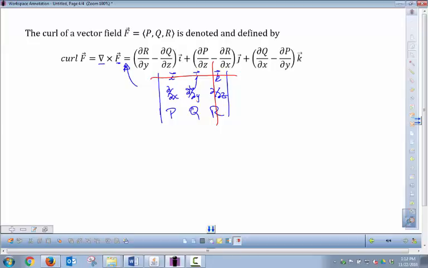And what would we use curl for? What kind of application? Well, an application would be to see how things rotate. The curl measures the rotation. In fact,